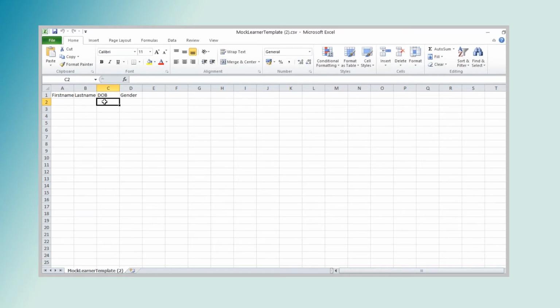So at the moment you just have to put in your, and again you must do it in this order. You've got your first name, last name, date of birth. It'll be an 8-figure format, so it'll be 2 digits for the date, 2 digits for the month, and 4 digits for the year, and then the gender M or F. So you put those in. Again, it can be in any order. It doesn't have to be alphabetical.